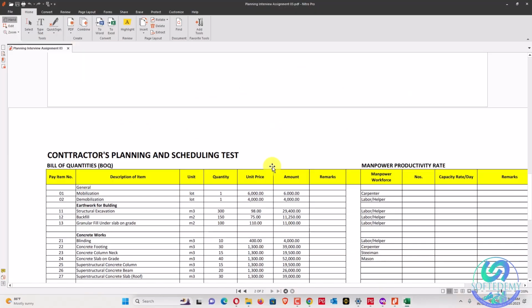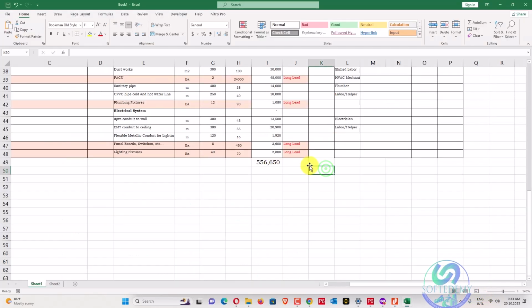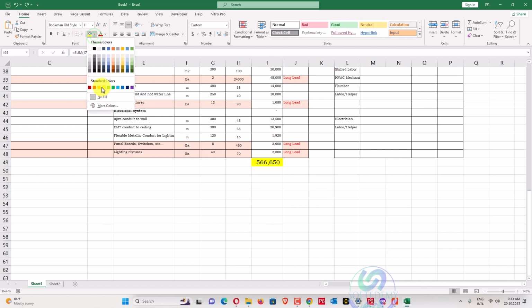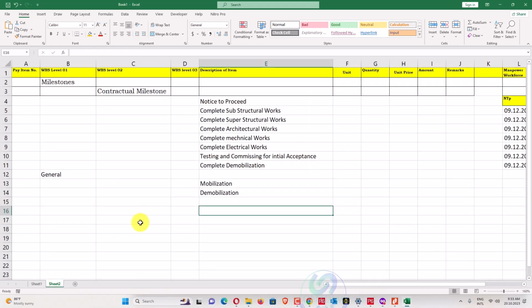If we remove $10,000 from here, and this mobilization and demobilization cost hasn't been included in this project, our cost matches here. You can see here 556. So I will consider the complete cost of the project 566,650. We will not consider the cost which has been mentioned. So we can also represent our work efficiency and work accuracy. So we'll go for the next one.